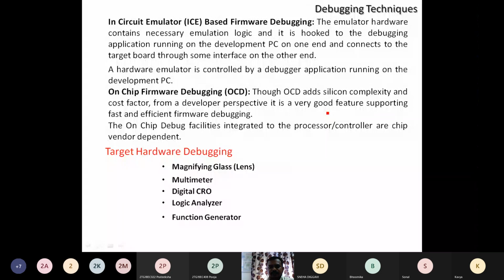These are the few target hardware debugging tools we prefer for debugging the respective hardware. These are the debugging techniques we prefer for the development of an embedded system. This is the end of model number 5.